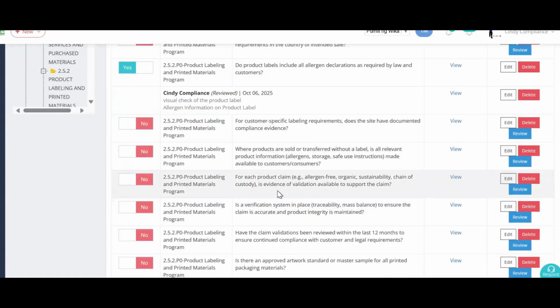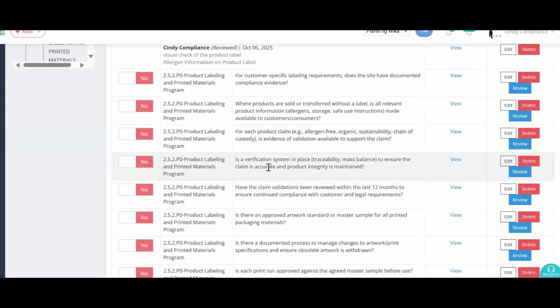For each product claim like allergen-free, organic, sustainability, or chain of custody, is evidence of validation available to support the claim? Is a verification system in place, like traceability or mass balance, to ensure the claim is accurate and product integrity is maintained?